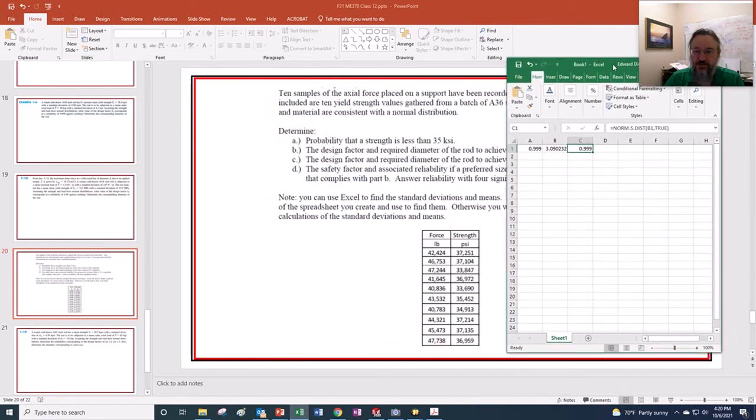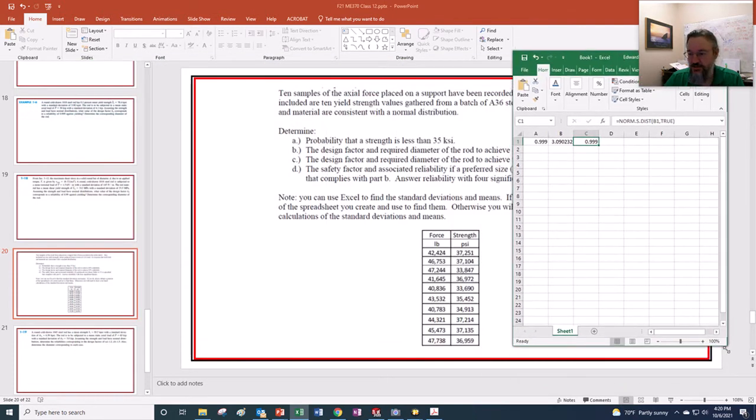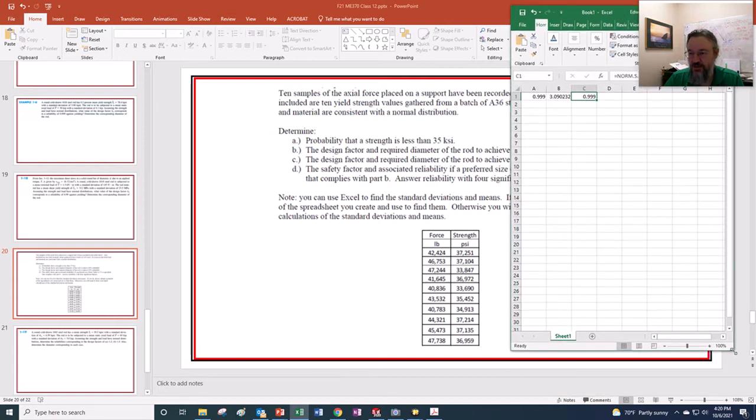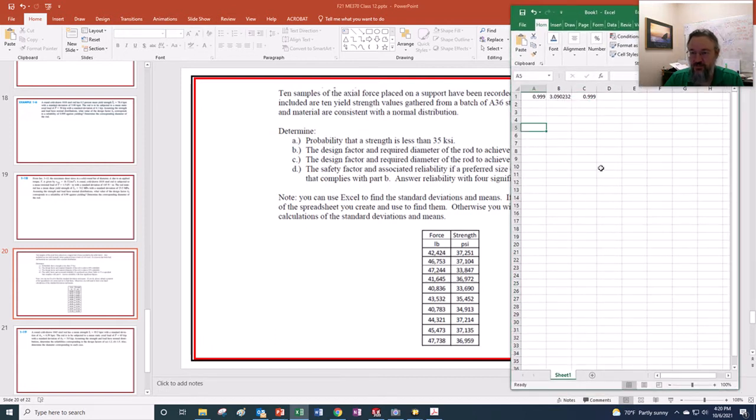And what I need to do is get the average and standard deviation. I could easily do this by hand if I had just the average, but here I also want to get the strength. I want to get the standard deviation. All right, so